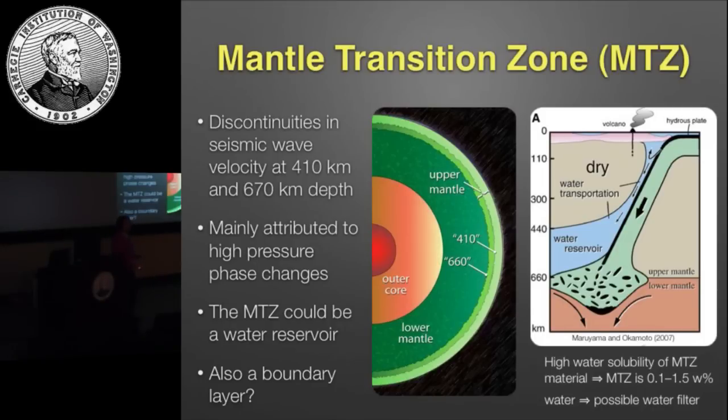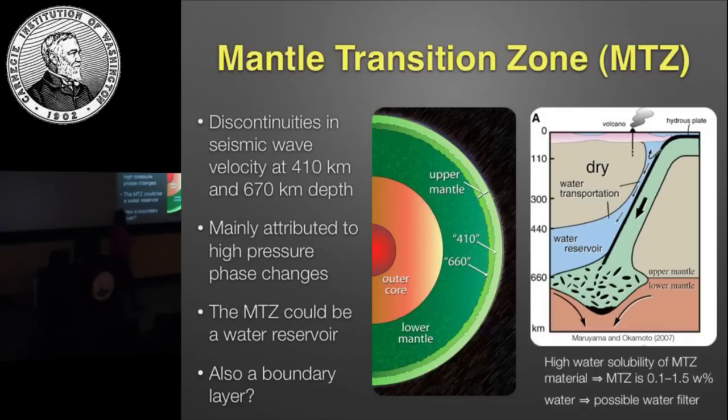Now, the mantle transition zone could play a very important role in trying to answer these questions. The mantle transition zone is located between 410 and 660 kilometers depth. It's basically the bottom of the upper mantle. And it has been known from seismology for several decades, and it is characterized by a jump in seismic wave velocities. They just suddenly increase at 410 and 660 kilometers depth. And it's attributed mainly to a phase change of olivine because of pressure